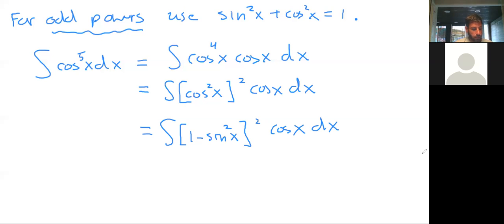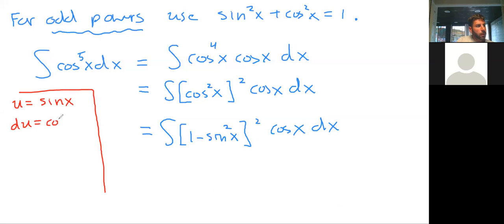Because there's an obvious substitution that is staring you in the face. So what do I mean by an obvious substitution? Well, it might not be obvious to you right now, but if I choose u equal to sine of x, then my du would be cosine x dx, and this integral reduces to a beautiful polynomial upon the substitution. This becomes 1 minus u squared, quantity squared, du,